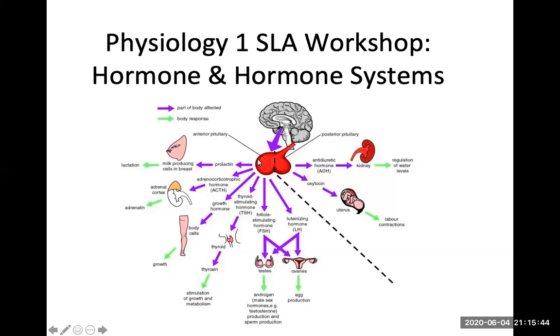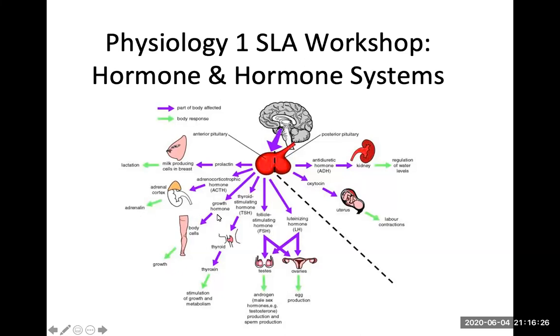Then we have several hormones, seven, that are released from the anterior pituitary gland. Prolactin has the word lactate in its name, so this hormone acts on the breast to produce milk for lactation. Adrenocorticotropic hormone, often abbreviated ACTH, will act on the adrenal cortex in the adrenal glands. The adrenal glands lie right on top of the kidneys, and your adrenal cortex will release what we sometimes refer to as stress hormones,